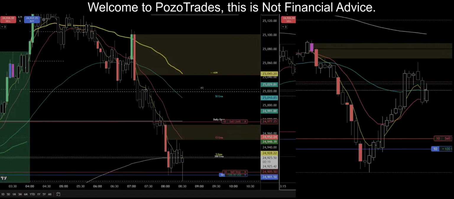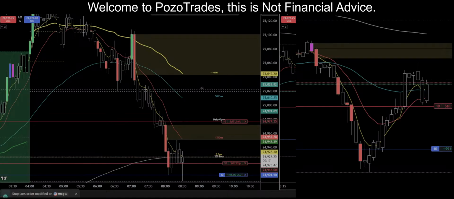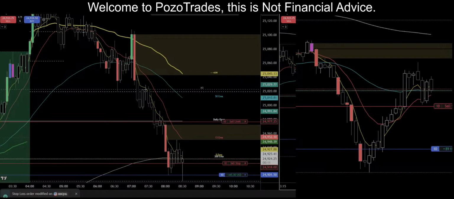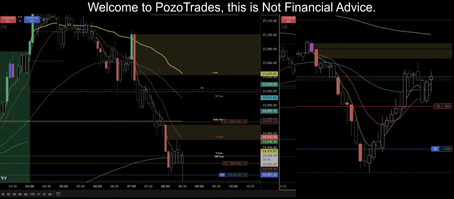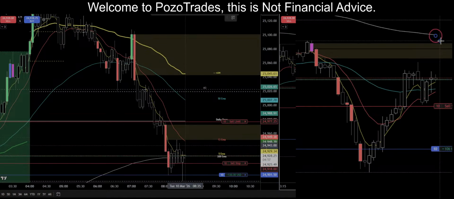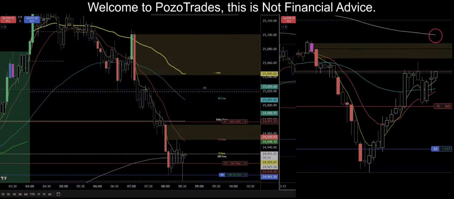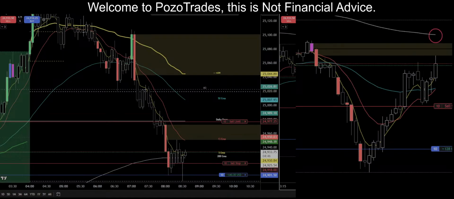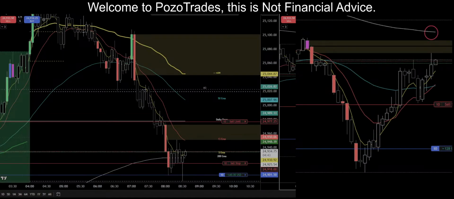We are going to trail our stops here. I want to see them come up and sweep this 200 on the 15-second. We have a new 5-minute candle officially above the 200 EMA. We want to see this close strong. I'd like to see a green vector on the 5-minute, but